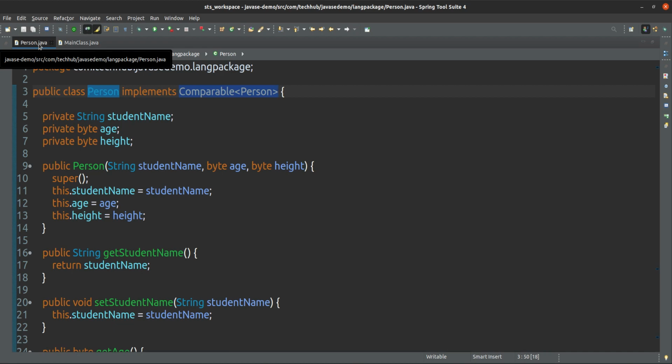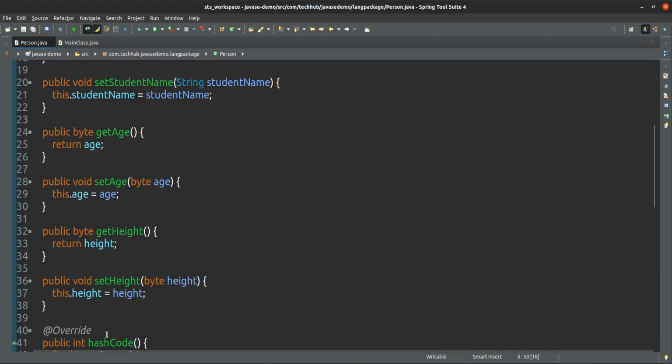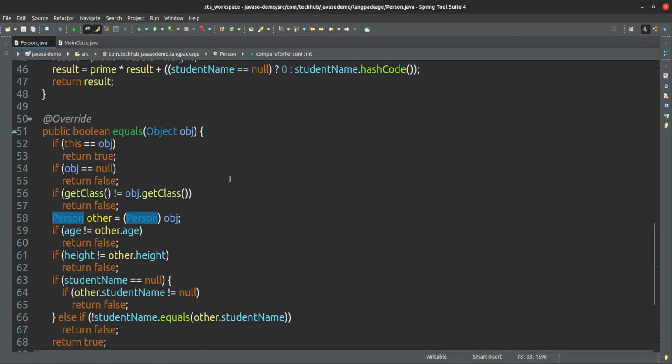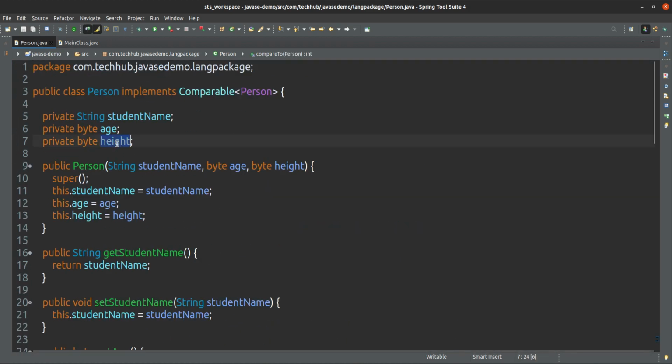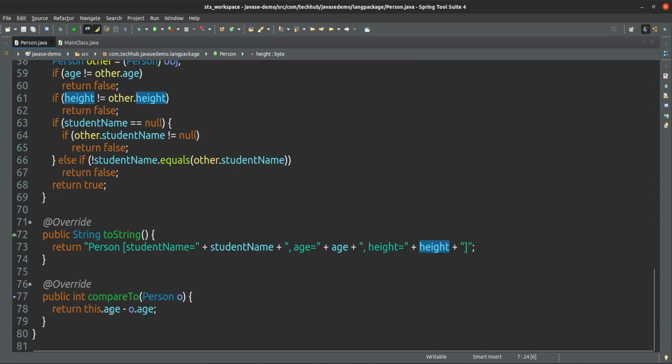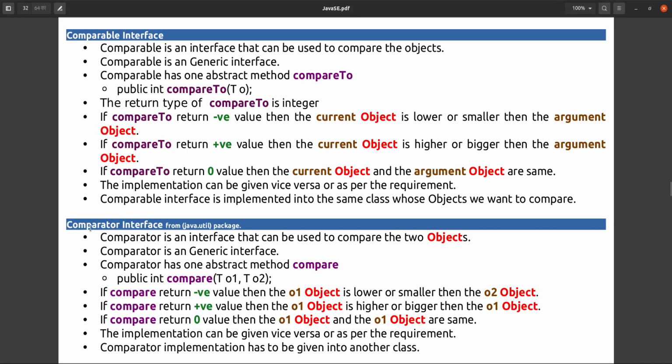Okay, here we have given the implementation only for age. I want to give the implementation for height also. How? One way is to modify this one, giving height and height here, but I want both. Sometimes I want to compare with age, that is my choice, and sometimes I want to compare with height, that is also my choice. Then how can I do that?